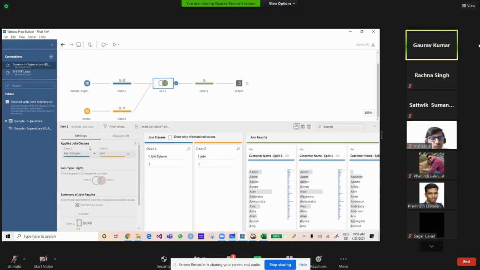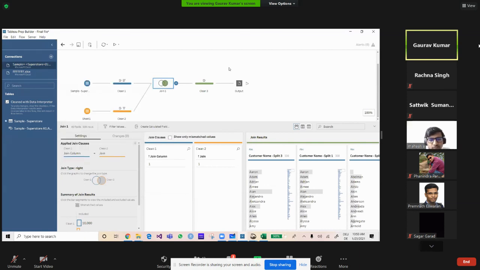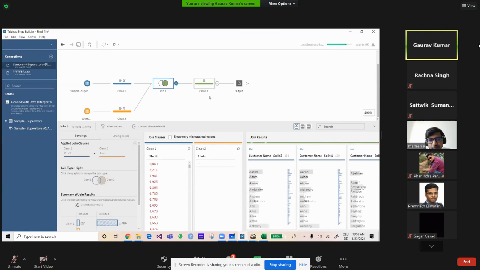In SQL you write column A in data set A equals column B in data set 2. The same thing is happening here, but you don't have to write that whole line. You just have to mention the column name on which you want to join. Nothing else. The mechanism behind it is the same as what you do in SQL.